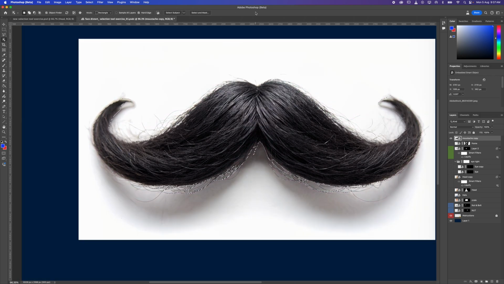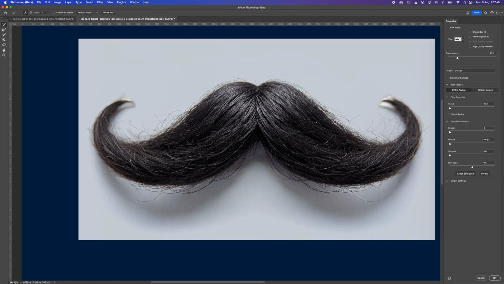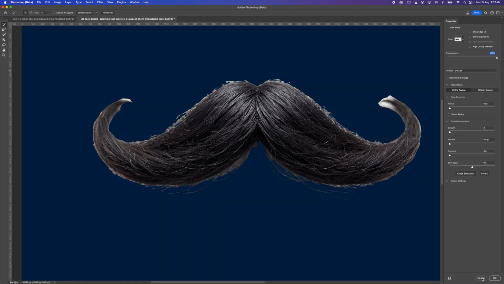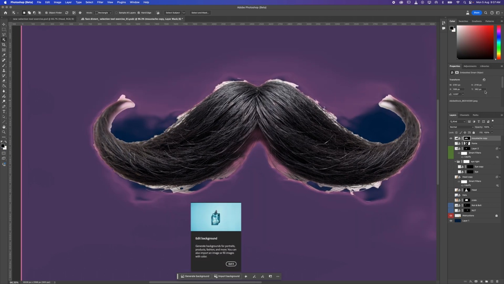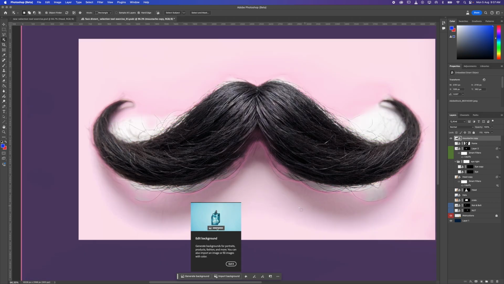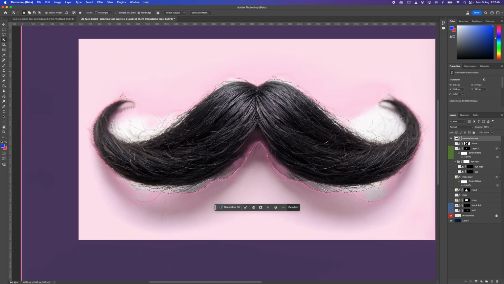Now there is an option here, obviously: Select and mask, Select subject. And you can try that, and that will take us into mask mode, but it's not great. Alright, I'm just going to bring up my contextual taskbar, here's a little taskbar down the bottom here, and select subject. Let's try to remove background, see if that looks anything better. Not really, hasn't really done much for us. Select subject again. Alright, that's pretty good, but